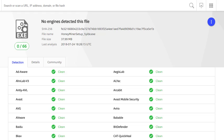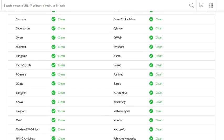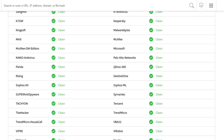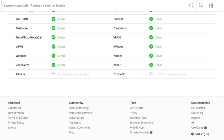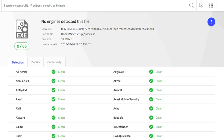And it does check out as being virus free. I've checked it on virustotal.com, so you can see that it is free of all viruses and adware. It's totally clean according to every single virus scanner online. So definitely trustworthy